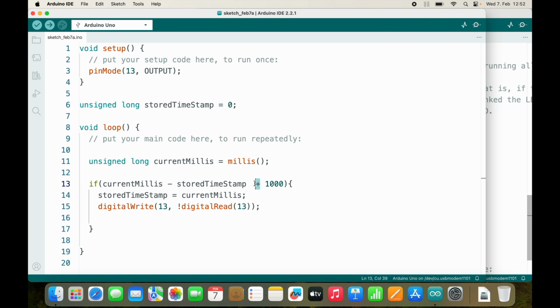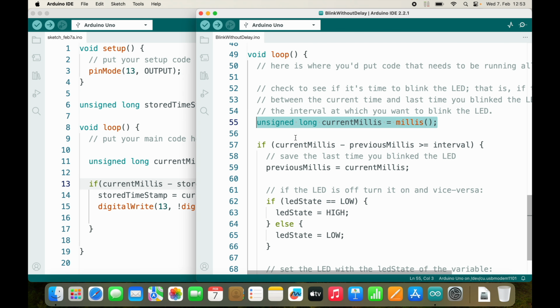Now we store the current timestamp, and then millis rises, and we subtract the stored timestamp from millis, and this difference here is our delay. And then we just check if it is greater or equal to our delay. And the rest can stay the same. And now it works. If it still doesn't work, please tell me in the comments down below. I think this is a safe way